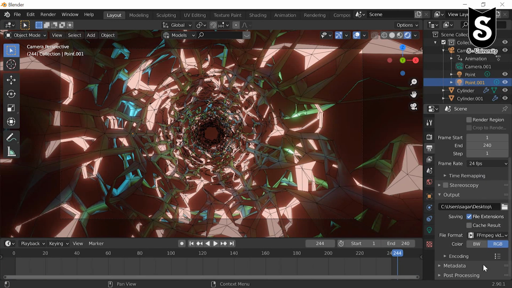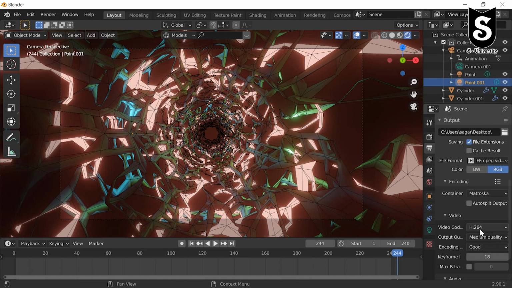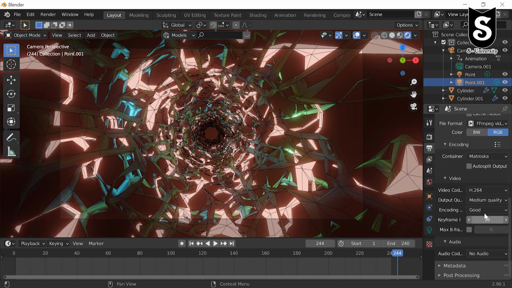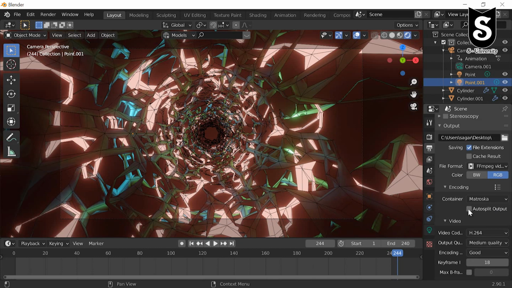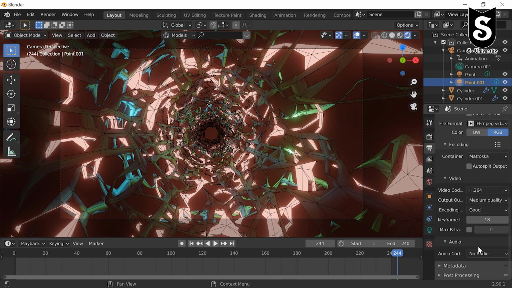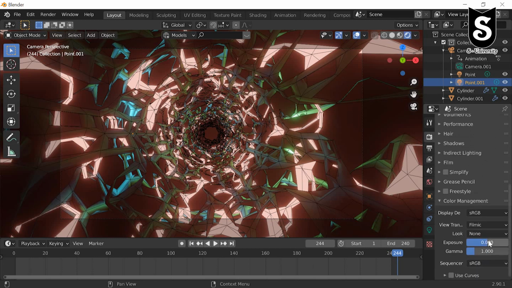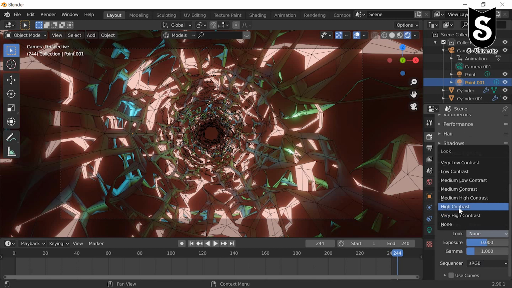In encoder, it's already predefined. We will take the predefined values. If we want some color management, we can also take the contrast value higher or lower.